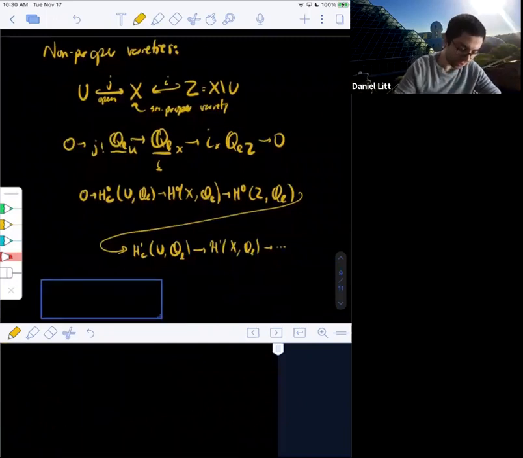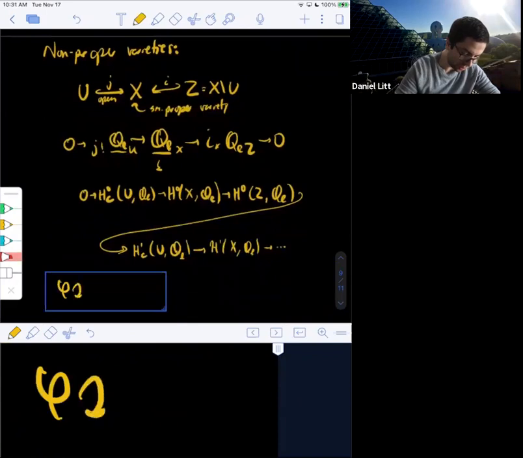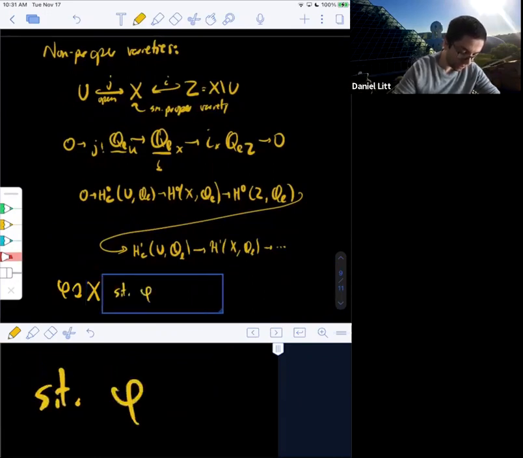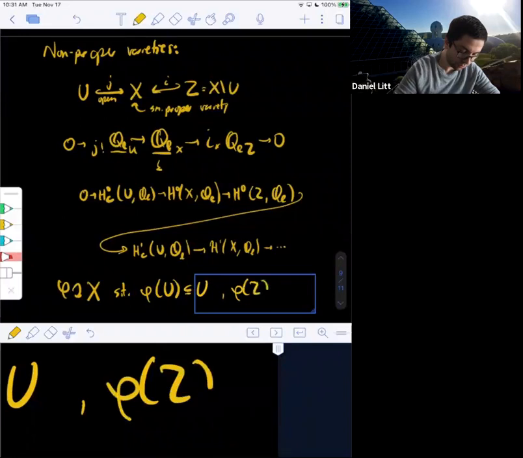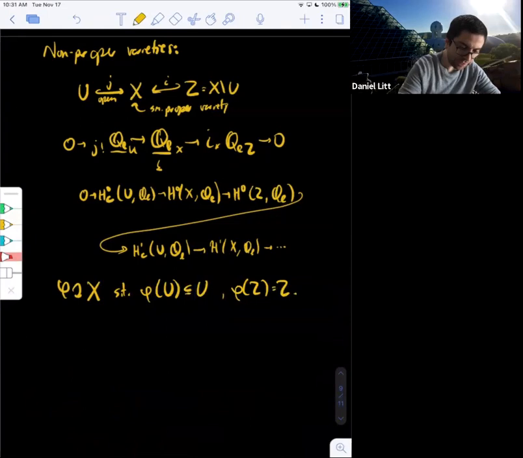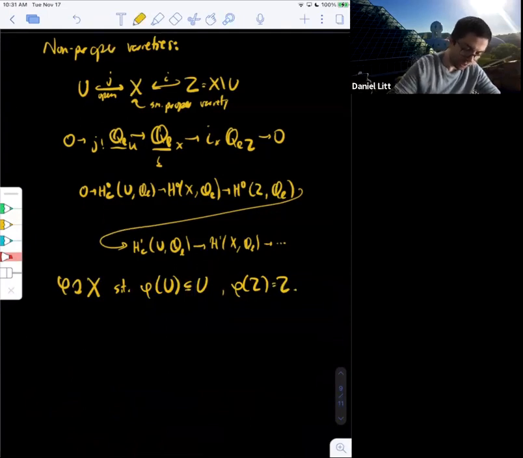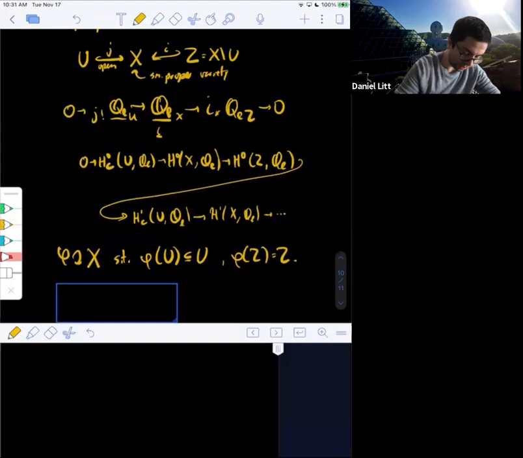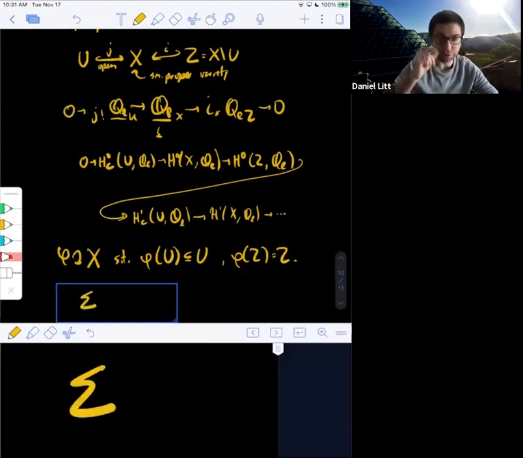So what this tells us is that, suppose we have a Frobenius action on, or not a Frobenius action, sorry, an endomorphism phi of X such that phi sends U to U and Z to Z. Right? So then we get a phi action on this whole picture. And what we get is that, just because if you have an endomorphism of a long exact sequence, this is always the case,